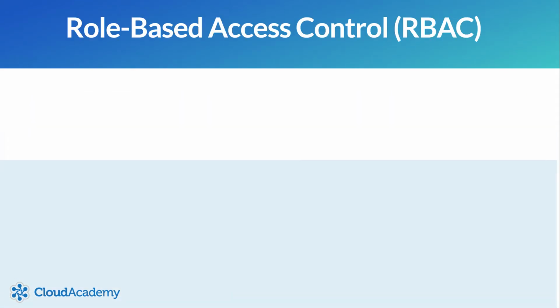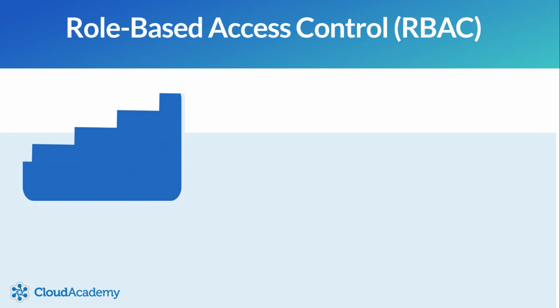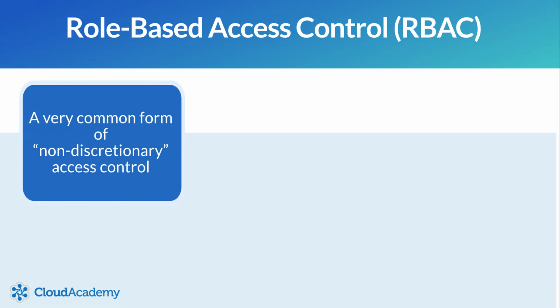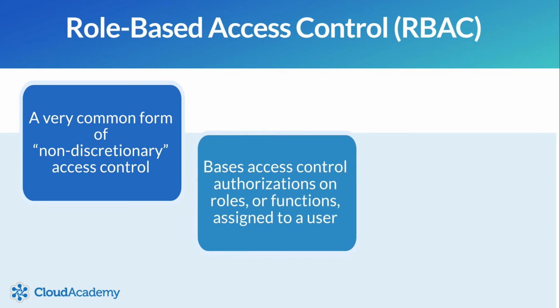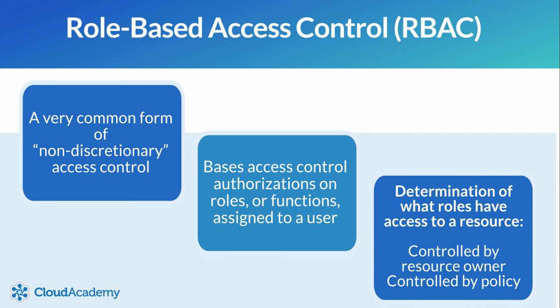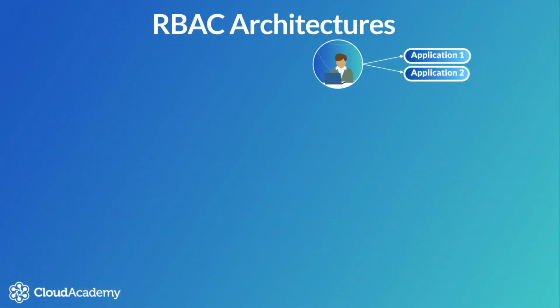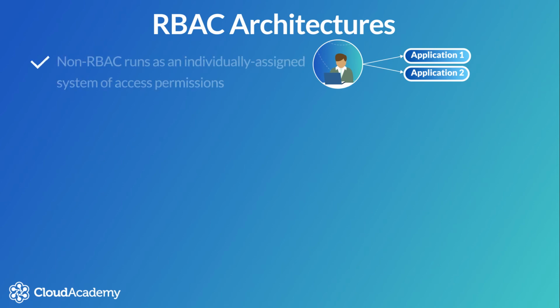One that has gained much popularity in recent years is the role-based access control system. This is a very common form of what is called non-discretionary access control. It bases its control on authorizations associated with roles or functions that can be assigned to the user. Determination of what roles have access to as a resource is controlled by the resource owner, which of course in its turn is controlled by policy. Now, role-based access control can come in a variety of forms. Starting with non-role-based access control,